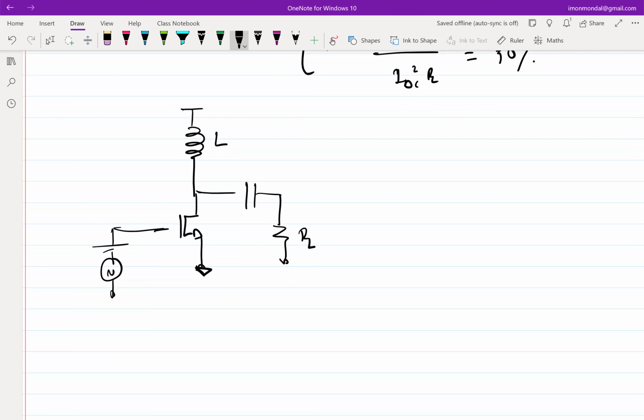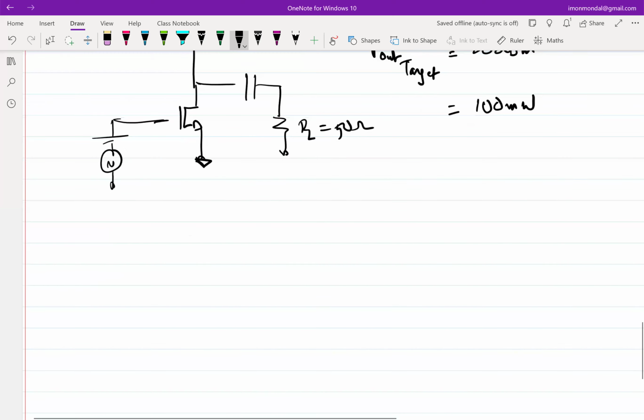So let's say the output target is 20 dBm, which in linear terms is equal to 100 milliwatt, right? Your RL is typically an antenna which is 50 ohm,